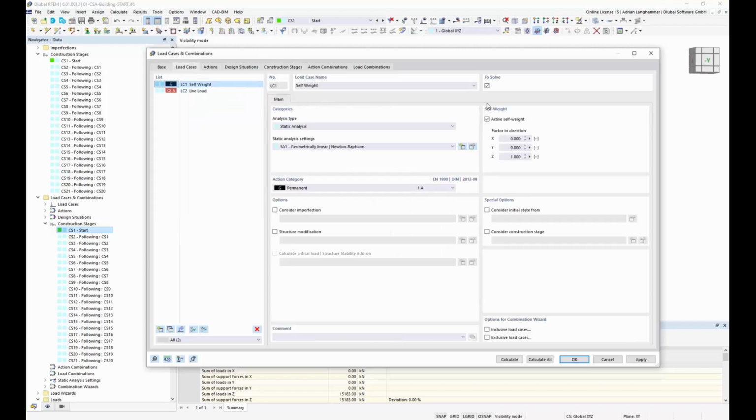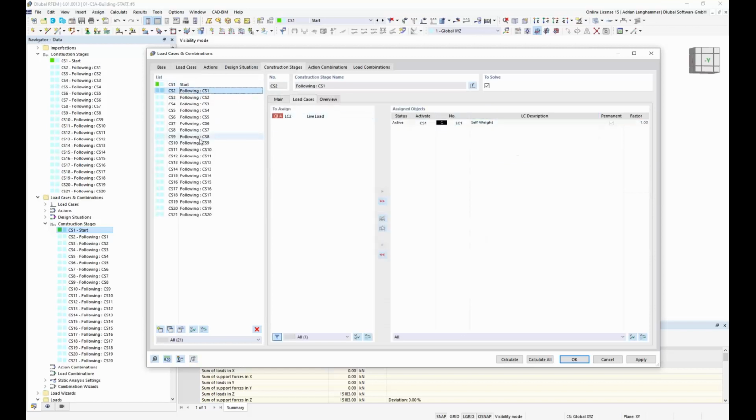So this is the typical load case self-weight with factor 1.0,